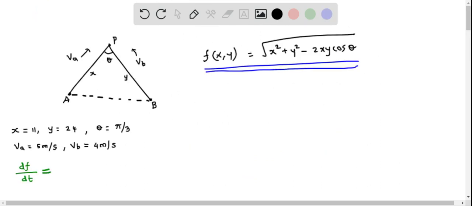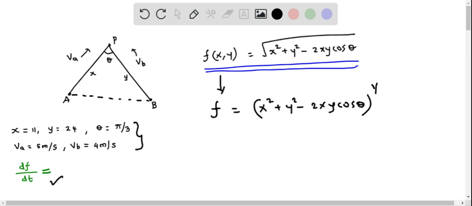We will now determine the rate at which the distance between Matthew and Jessica is changing based on this given information. That is, basically, we have to determine this df over dt. So first, let me rewrite this as simply f, and this equals, I'm going to write this in power form, that is x squared plus y squared minus 2xy cos theta raised to the power of 1 half. Now I'm going to differentiate both sides with respect to time. So this will become df over dt,